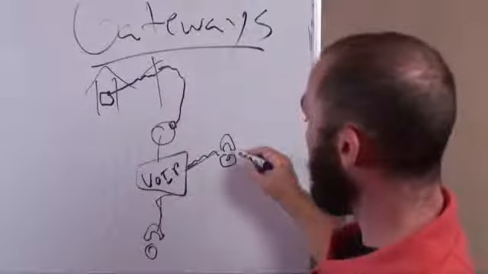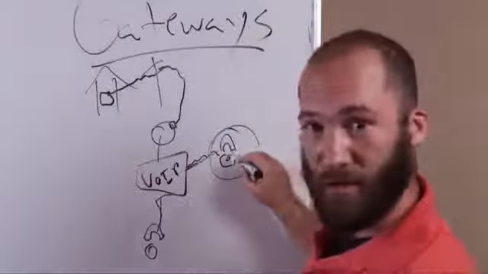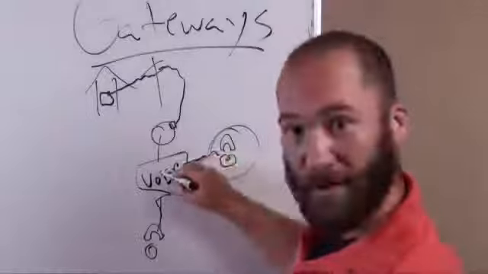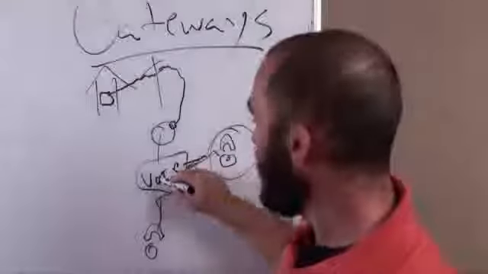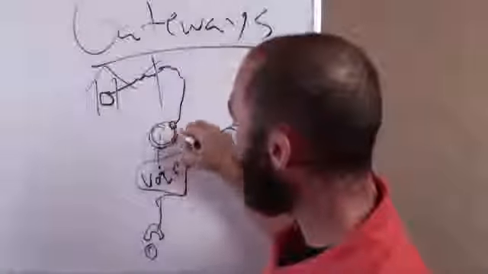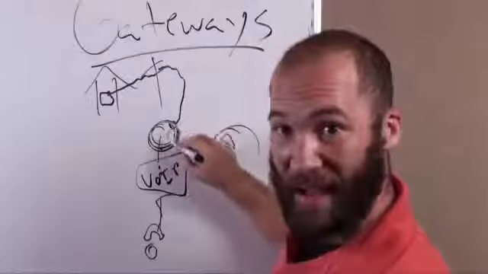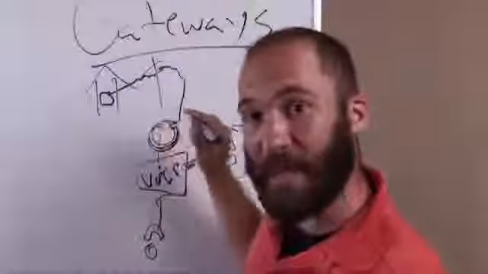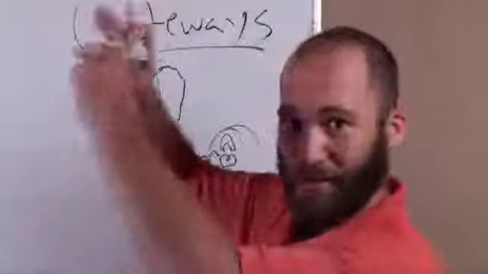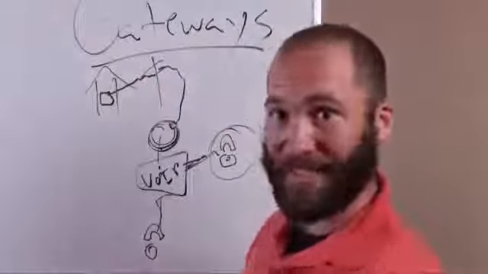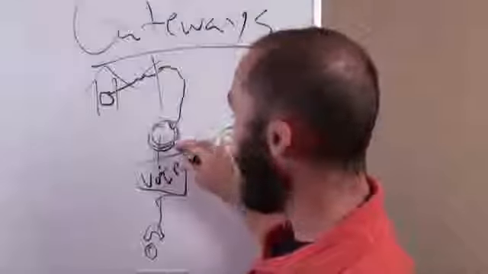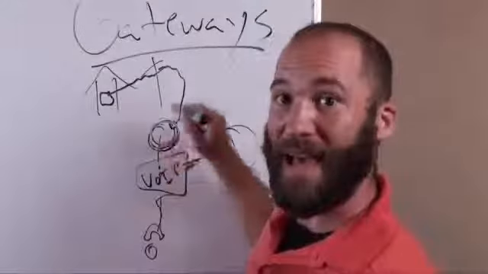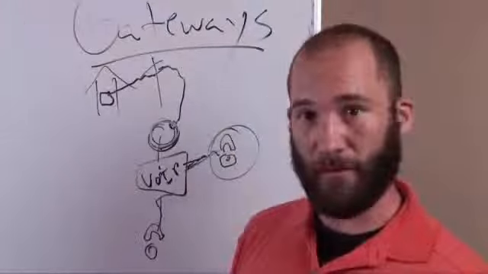So basically what would happen is if you call from your voice over IP phone, that would get routed through the voice over IP server, that call would then get routed to a gateway, and then that gateway would send the phone call out on the normal telephone lines. So the normal, like I say, the normal telephone poles, telephone lines, etc. These gateways connected between the voice over IP world and the normal telephone world.